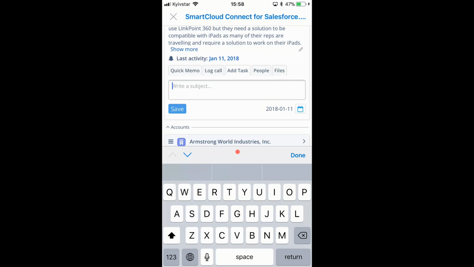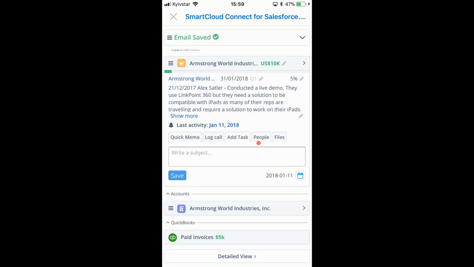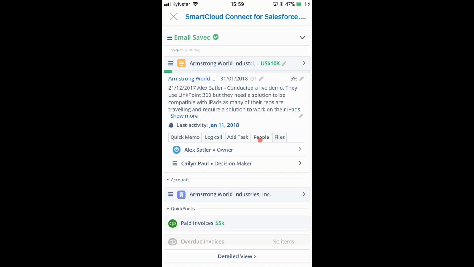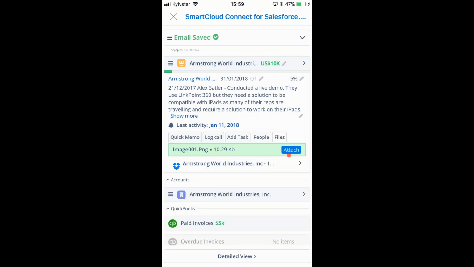I just select the due date for the follow-up. Additionally, I can see what people are related to that specific opportunity. And also, if there are any file attachments in that email, I can attach that file right inside of my iPhone. Again, that's a very great feature that you can use with Smart Cloud Connect for Salesforce